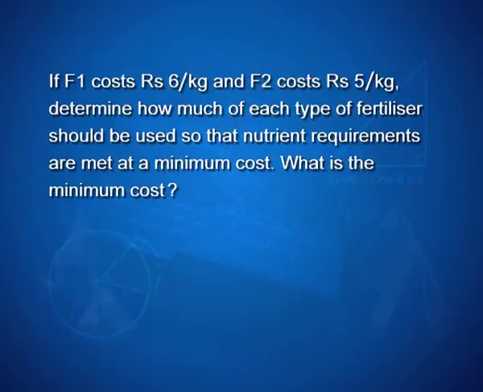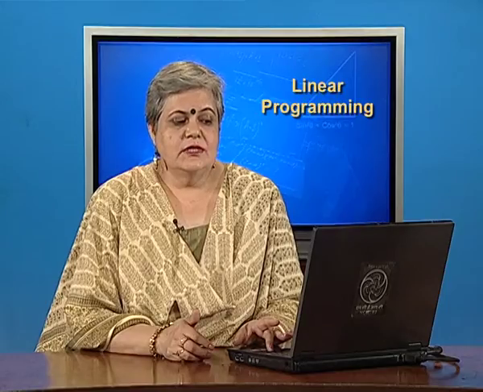If F1 costs rupees 6 per kg and F2 costs rupees 5 per kg, determine how much of each type of fertilizer should be used so that the nutrient requirements are met at a minimum cost. Also, what is the minimum cost? So, to start with,